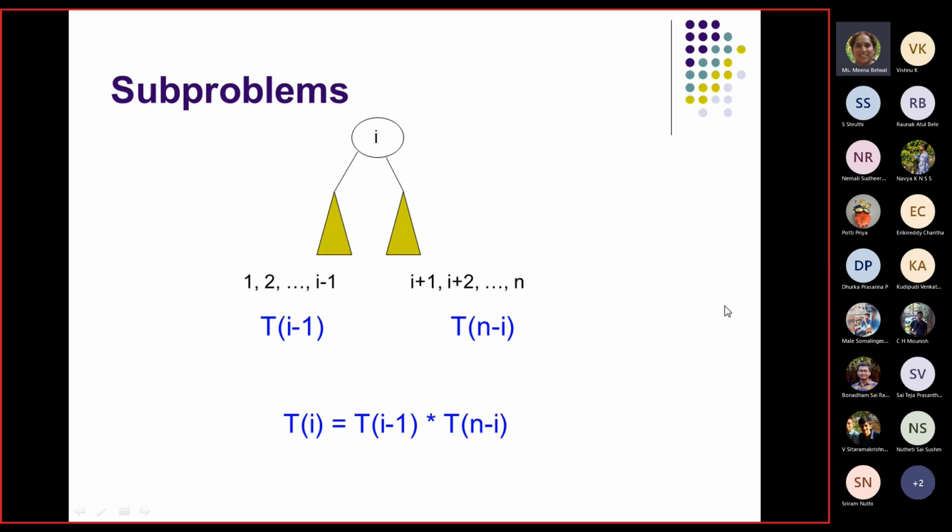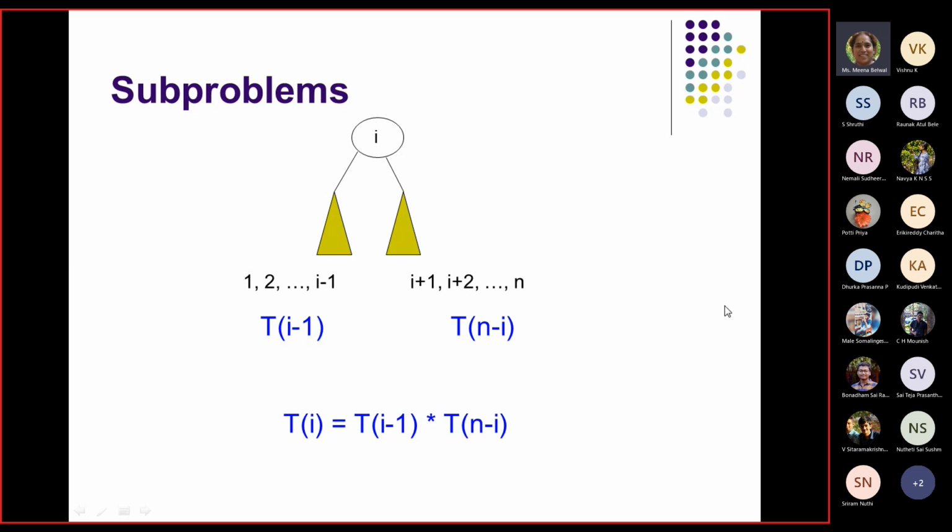So what was the problem? Initially, the problem given was: you have been given integers 1 to n, and you want to find out how many unique binary search trees you can get. Unique binary search tree means no binary search tree should be repeated. So how do I find unique binary search trees?